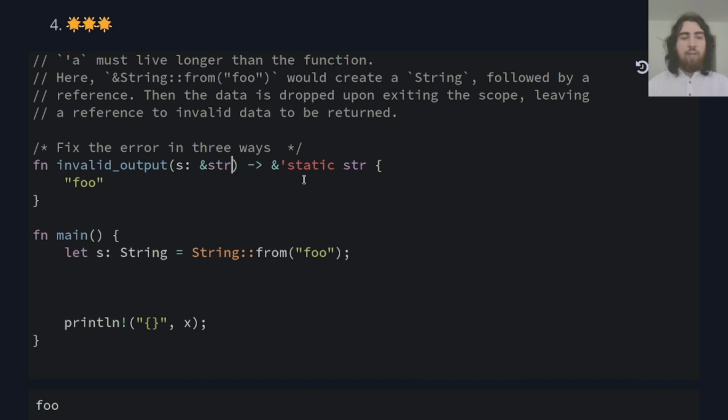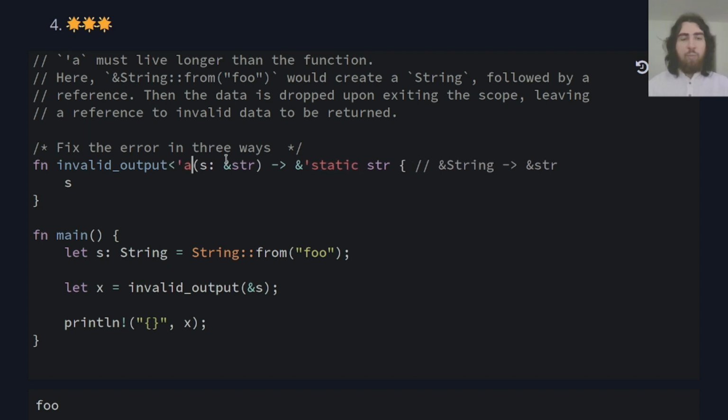We can also write it like that because remember, a reference to a string will be automatically inferred to a string slice, right? So we are then passing a reference to this string, right? And what we want to return here is s, meaning we return here a string slice. And we can annotate a lifetime parameter